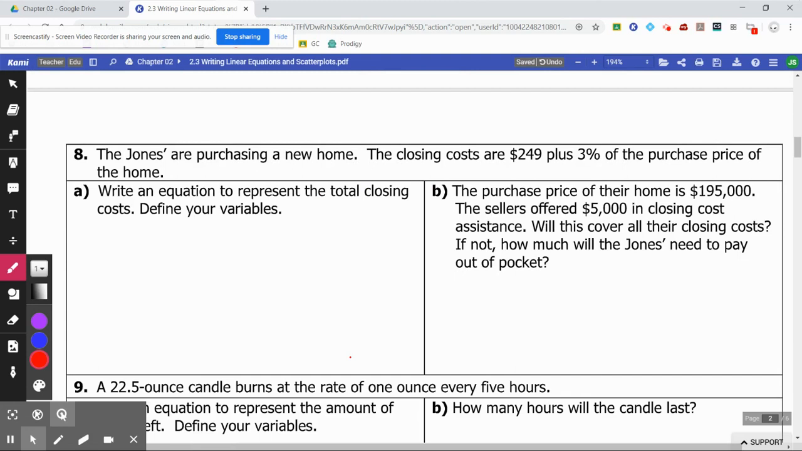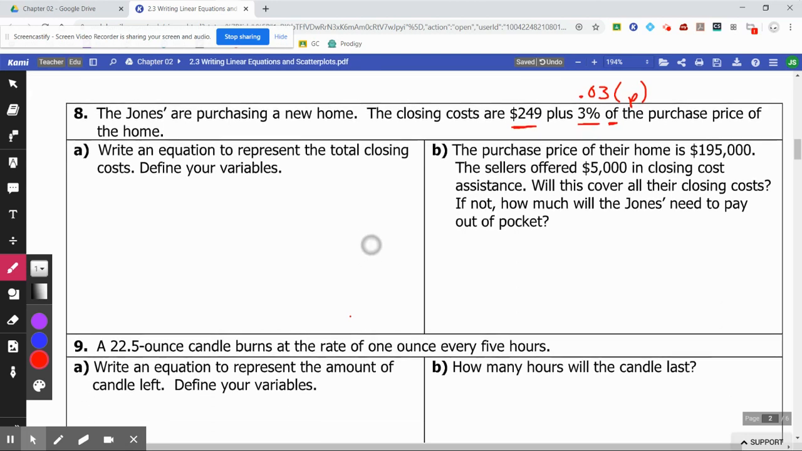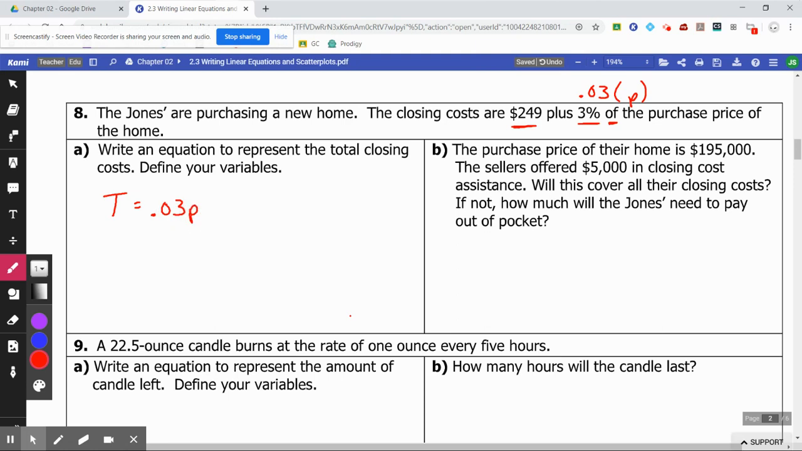Okay, number 8 says the Joneses are purchasing a new home. Closing costs are $249, so that's regardless, plus 3% of. Okay, if you don't remember, 3%, you've got to change that to a decimal. The word of means to multiply, so you have 3% of, or times. I hate to use X for times. So 3% of the purchase price. We'll let P be the purchase price. So the total, we'll do T for total closing cost, will be 3% of the purchase price plus another $249